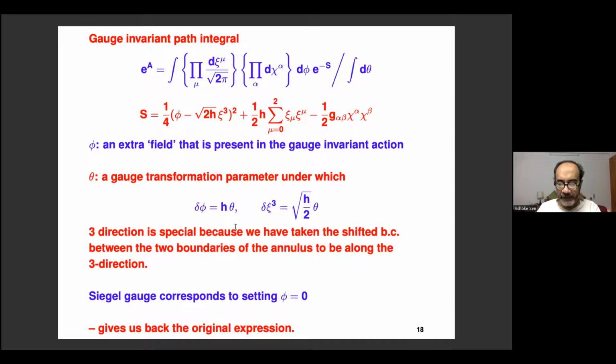Is this point clear? Okay. But now you see from here that if H is 0, then this is actually a singular gauge choice, right? Phi doesn't transform if you set H equal to 0. So you cannot trust the gauge fixed version of this path integral for H equal to 0. But you can trust the original version. There is nothing wrong with the original version for H equal to 0, and that's what we'll do. We'll take this form of the path integral and then just set H equal to 0.